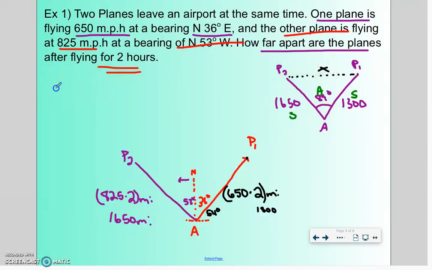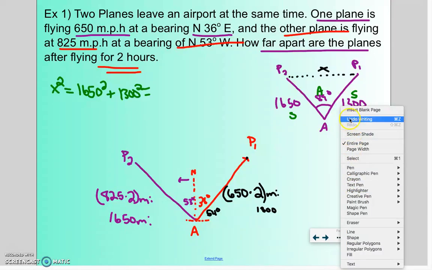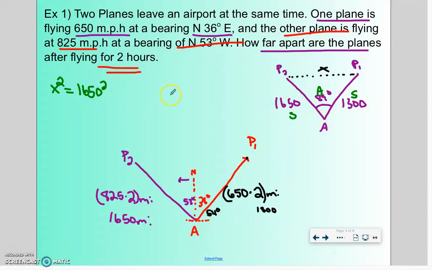Since I'm looking for x, x squared is equal to 1,650 squared plus 1,300 squared minus 2 times 1,650 times 1,300